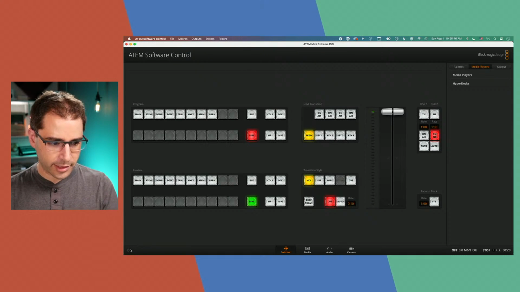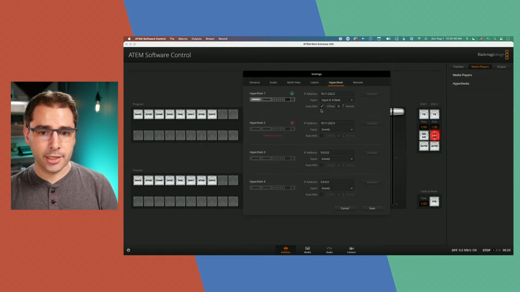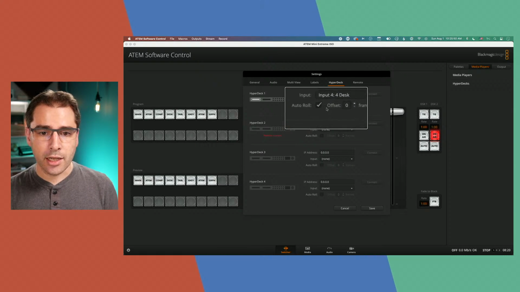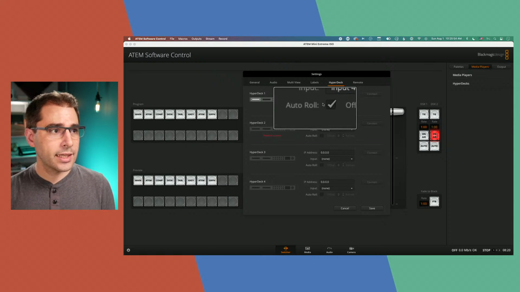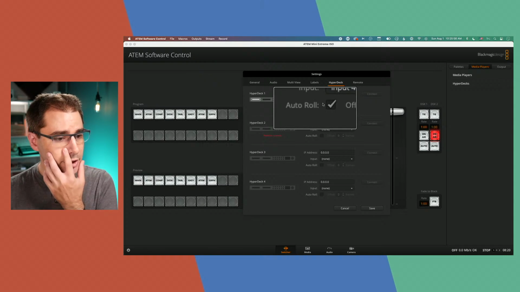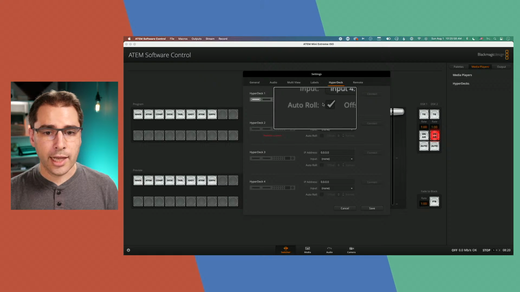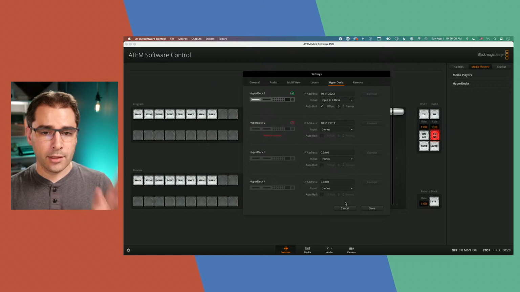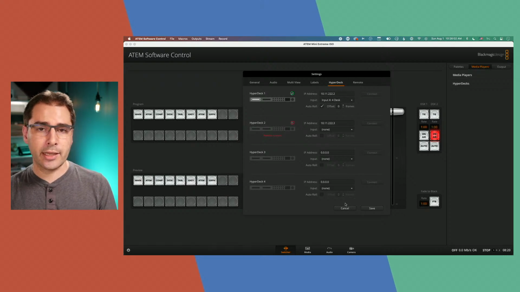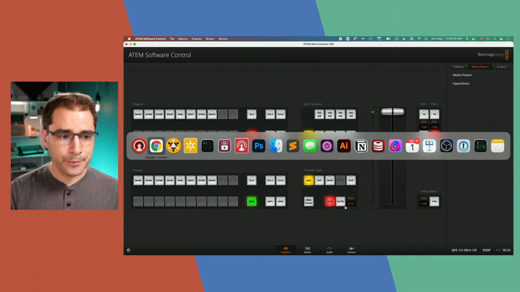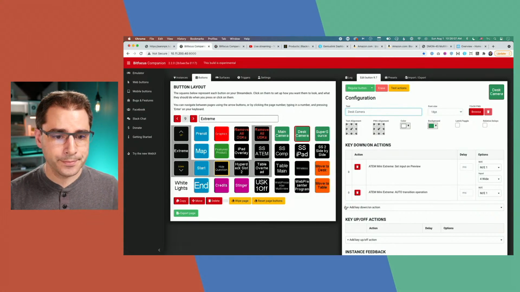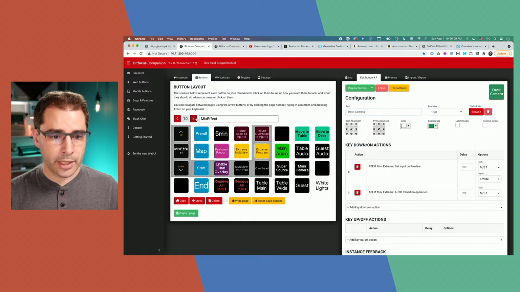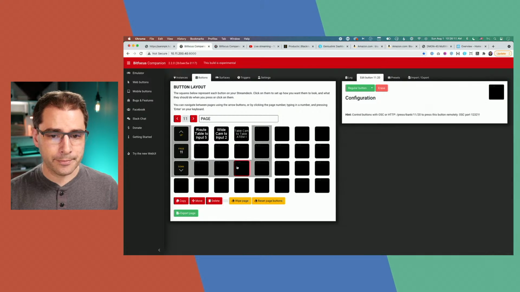What I can do now is, let's see. Oh wait, no, go back to that setting. Auto roll. That's the checkbox. If you check that auto roll button, what that means is that if the ATEM switches to input 4, the ATEM will tell the HyperDeck to play. So what you can do is, in Companion, you can go make a button that says